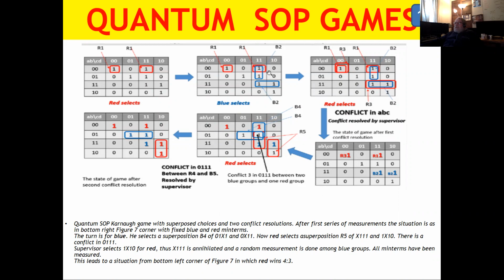So now we have a conflict, because in case of measurement, R1 can measure this or this, and B2 can measure this or this. What will happen if 0, 0, 1, 1 is selected? Then there will be a conflict between red and blue, and this conflict is solved like in the next slide. Ultimately, after resolving this conflict, I have the situation like here, after measurement, for both red and blue,